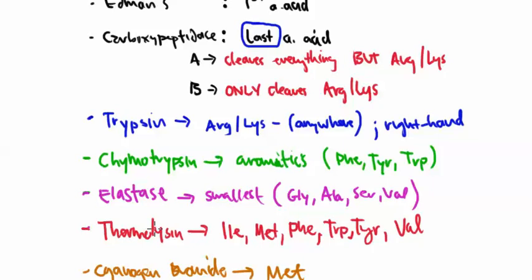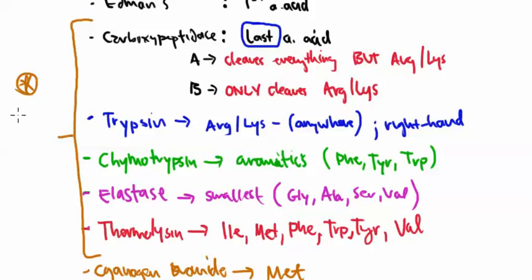Edmonds and cyanogen bromide, they're not particular. So basically what that means is that they will go in and go to sleep no matter what. They don't care what kind of bed is in that house. If it's a bed of coal, they don't really care, because they're going to sit on it and go to sleep. So Edmonds and cyanogen bromide don't really give us a problem. However, carboxypeptidase A, B, trypsin, chymotrypsin, elastase, and thermolysin all have problems that we associate with them, and